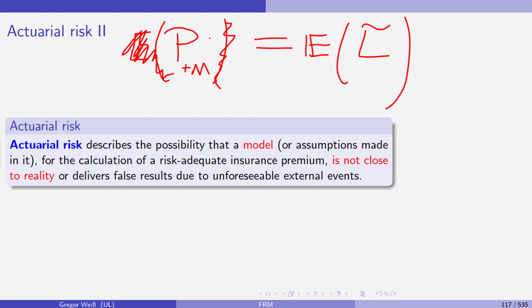You need to know your losses from your portfolio of insurance contracts, and you need to take the expectation, you need to discount this, and then you can set the premiums and include a small margin so that you make a profit. But this is obviously not as simple as this looks like, because you need to model the losses,